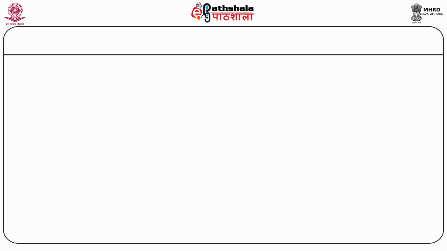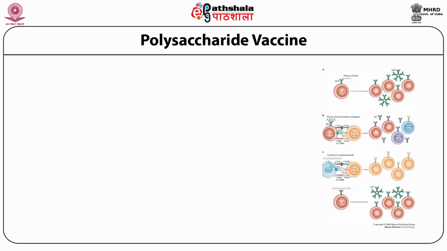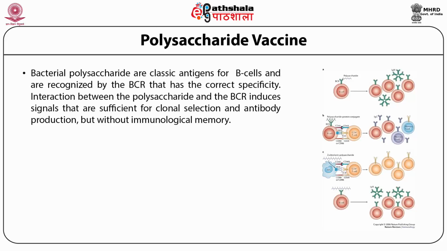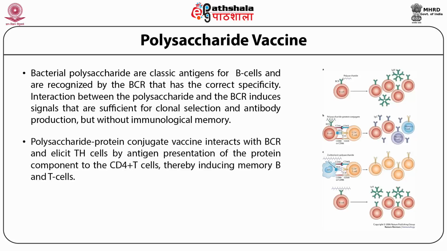This slide shows the polysaccharide vaccines. Bacterial polysaccharides are the classic antigens for B cells and are recognized by the BCR that has the correct specificity. Interaction between the polysaccharide and the BCR induces signals that are sufficient for clonal selection and antibody production, but without immunological memory. Polysaccharide protein conjugate vaccines interact with the BCR and elicit T helper cells by antigen presentation of the protein